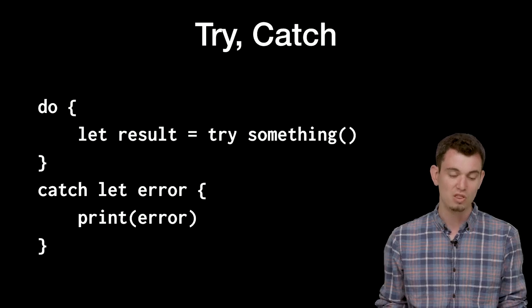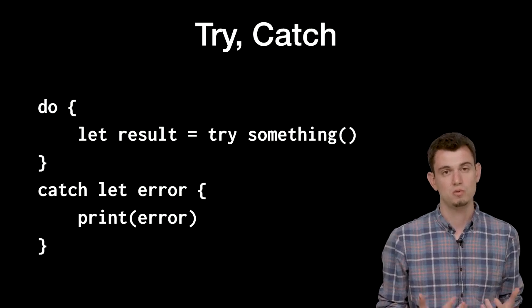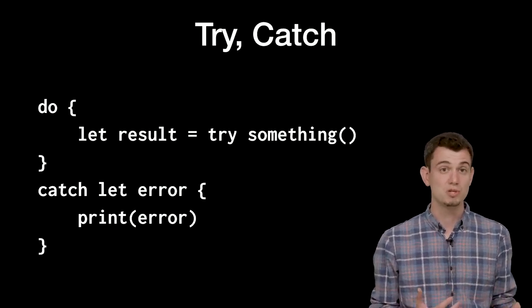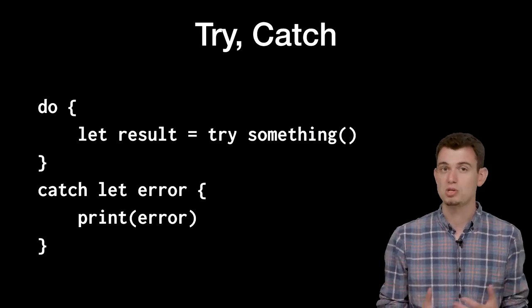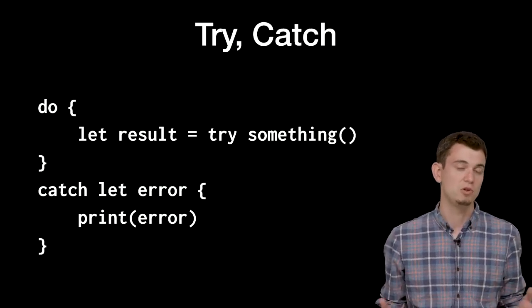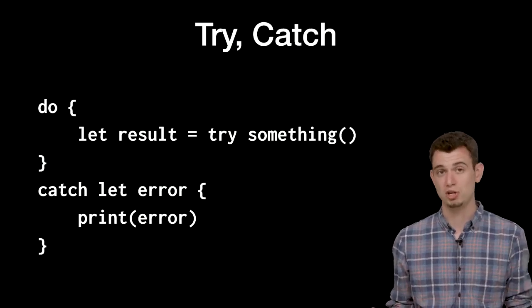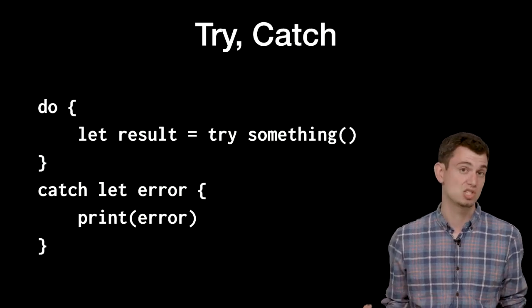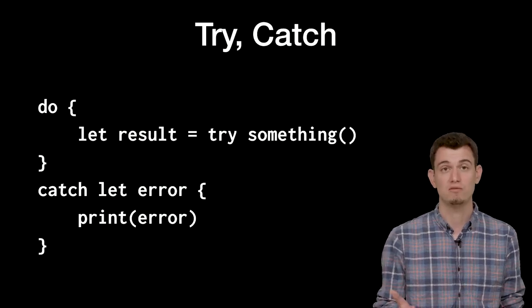Before we get into that, let's cover a couple more Swift syntactic constructs just to make sure we have them. The first is a construct called try-catch. There's this notion in Swift called exceptions, and an exception is something that happens when, as you guess, something goes wrong under the hood. So here's the syntax for what that might look like. First, you'll have a block that starts with do. When you have this sort of do catch block, this basically tells the compiler, I'm going to call a function or a method that might trigger an exception. And when that exception happens, I want to be able to catch that and break out of this code